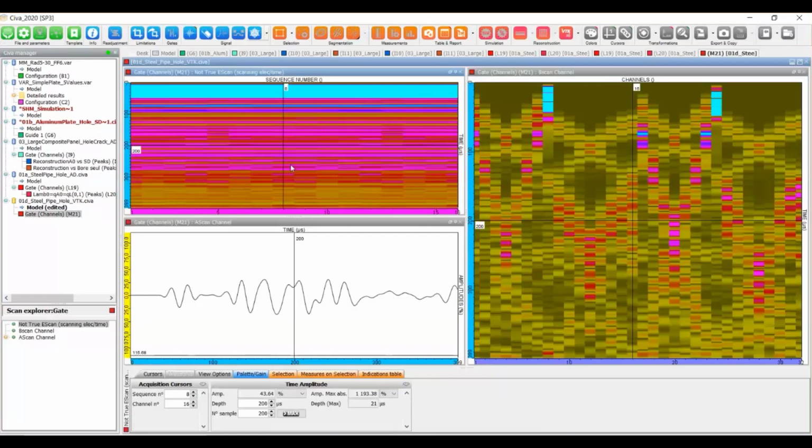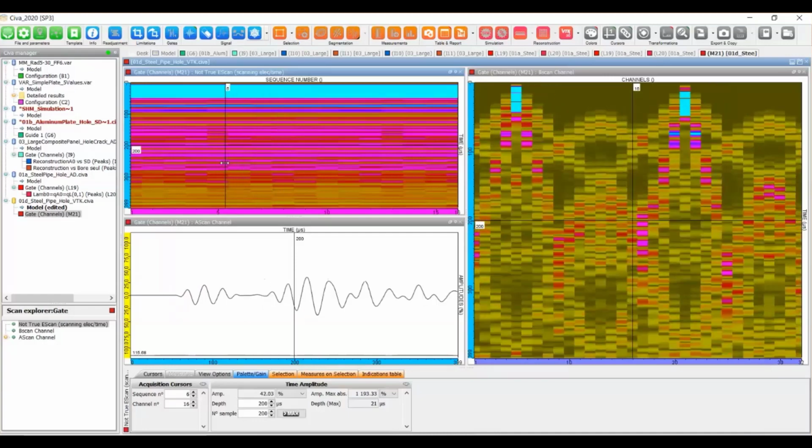To do this, you have to use an external VTK viewer. For instance, SIVA SHM offers a bridge with a ParaView tool. ParaView is an open source software that you can really easily download and install on your machine. And there is a bridge that allows you to directly export SIVA SHM data to ParaView to visualize fields.